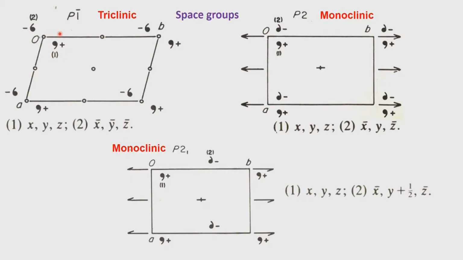So, if the object is now a molecule, there will be several atoms, but all these atoms now will be identified with respect to positions x1, y1, z1, x2, y2, z2 and so on. All of them will see the second equivalent point in this case of space group P1 bar, and so we will be generating the object 1 and object 2, and we will identify the symmetry.